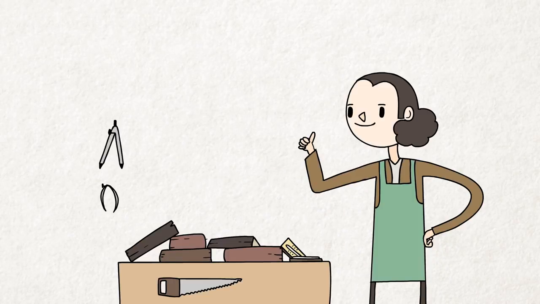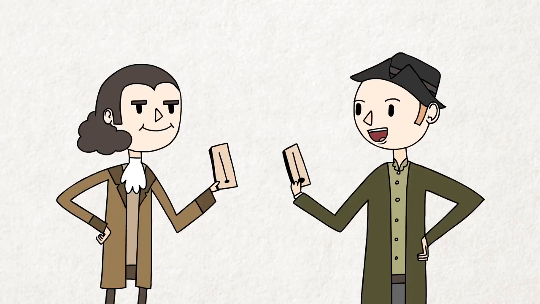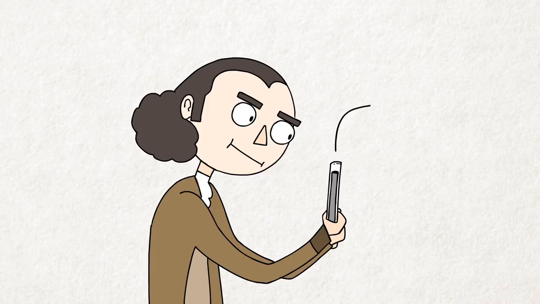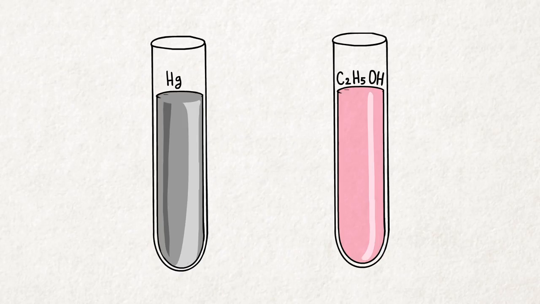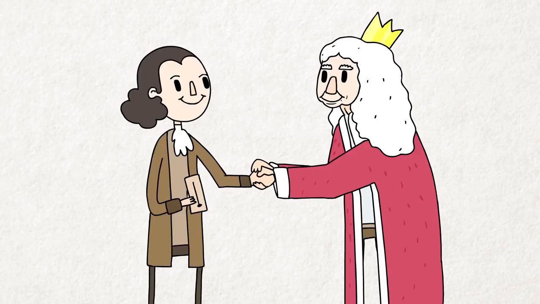You see, Fahrenheit was an excellent instrument maker. His thermometers agreed with each other precisely at a time when that was unheard of. He pioneered the use of mercury as a measuring liquid, which has the benefit of a much higher boiling point than the alcohol used in most other thermometers at the time. And for these accomplishments, he was inducted into the British Royal Society.